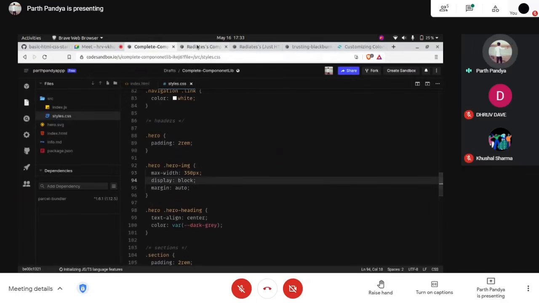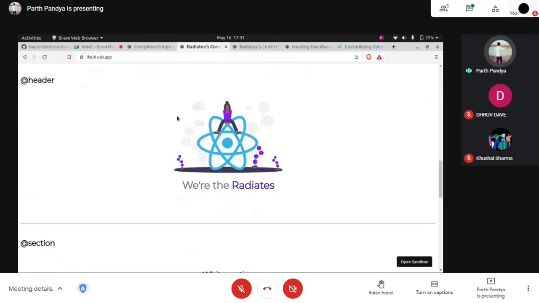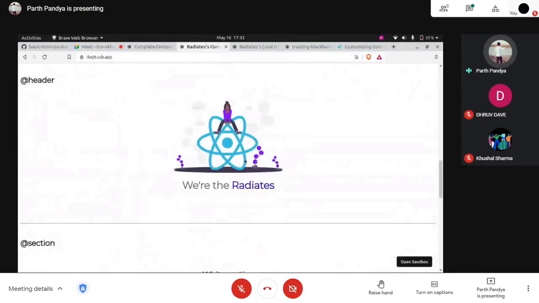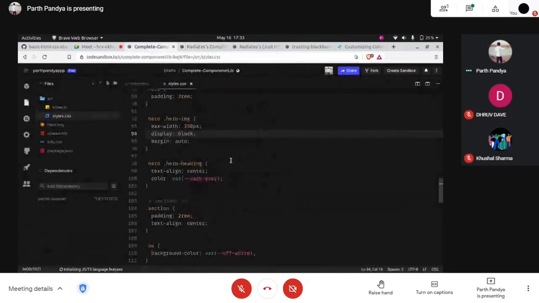Display block means in the center. There are several display values, but we have covered two of them: inline and block. Inline is the horizontal display, and block is the vertical display. Block is all about vertical display, and we are giving a margin auto. This made our image like this. And also